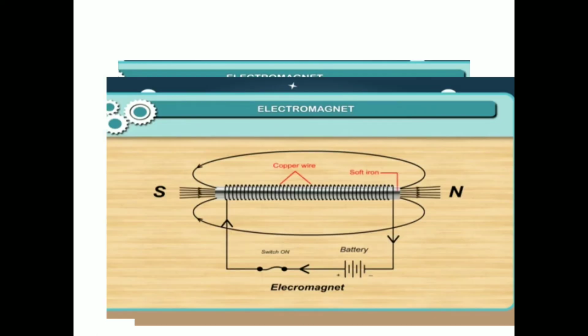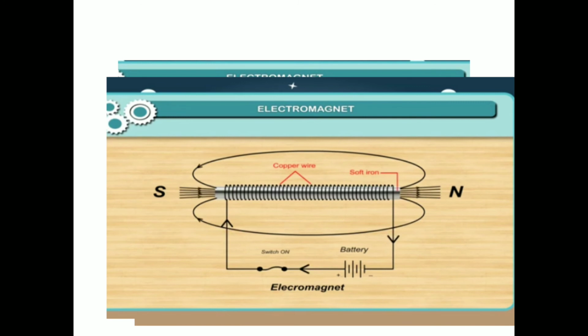Now let us study about electromagnetism. Now in electromagnetism, how is it going to show the magnetic field? Okay, so you are going to take an iron rod. You can see the iron rod is there in the middle, and you are going to wind this iron rod with the copper wire. You can see the coiling is there, and there is a copper wire wound on the soft iron, right? And then you are going to attach the ends of the coil to the battery. This is how the electromagnet can be produced.